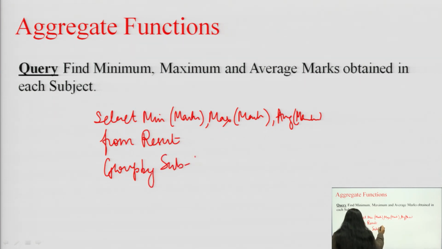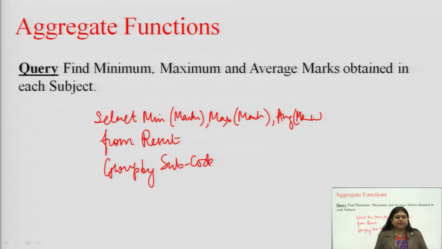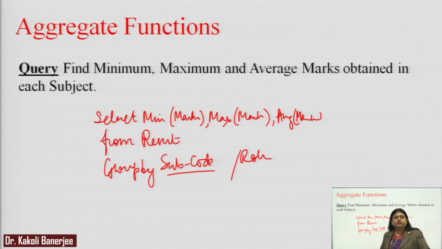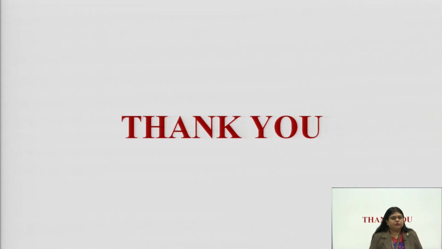subject code, right. So, you can see how we have made small changes and the result gets affected according to the changes we are doing. Over here I made group by subject code, so we are going to get the average marks of each subject. When I do group by roll number, it will be the average marks for each student. So, this is how SQL queries work and subqueries work. You need to practice a lot of queries to have a good grasp on SQL queries. Thank you so much.